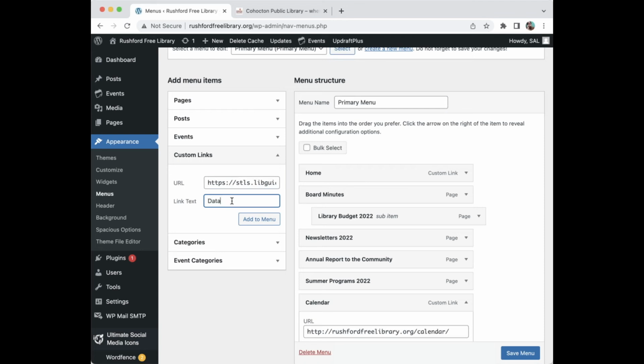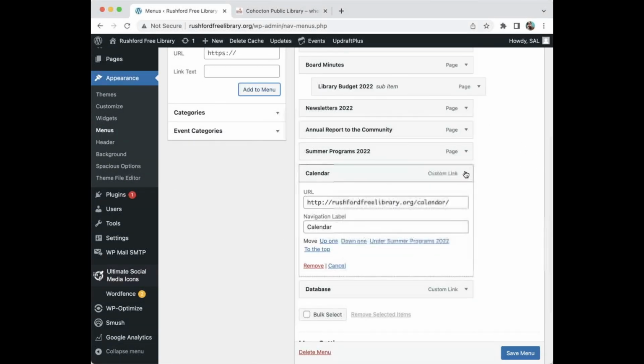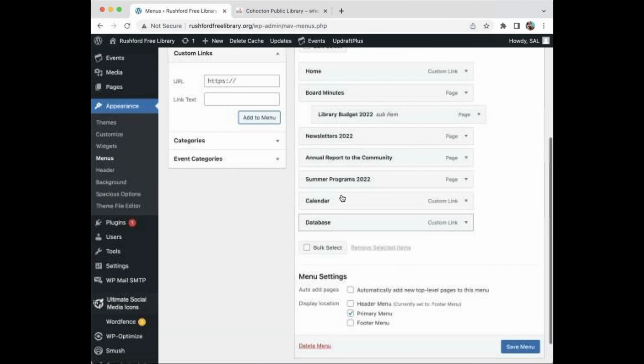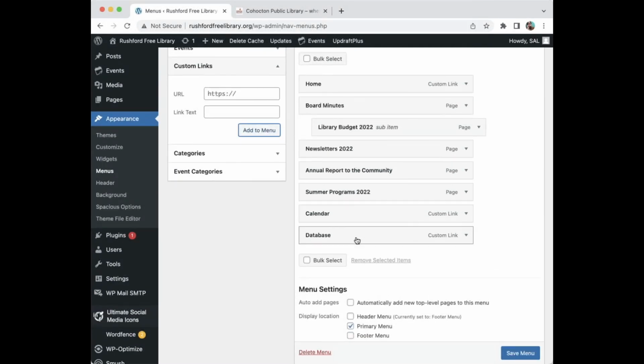And we're going to type in database. And I'm doing this under custom link on the left-hand side. I'll click add to menu. It's going to add this fresh link here at the very bottom. So here it is, and it's quite far down, which is fine, but I could move it up within the menu structure. So you would find your old databases page and move this to be near it